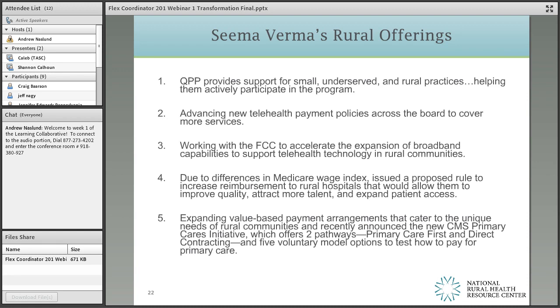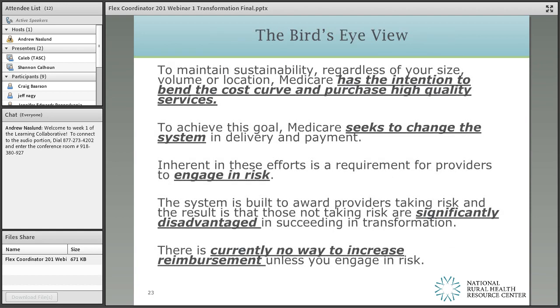What was absent in Seema Verma's conversation on this day was that she's not backing down on risk, on the acceleration to risk. She's not creating new exceptions for anyone. She's trying to create more options to accelerate people to move to the right-hand side of that bubble graph. Doesn't mean you have to go all the way, but they're not yielding, and this isn't going away. So I think that's really as important as what's not there as what is there.